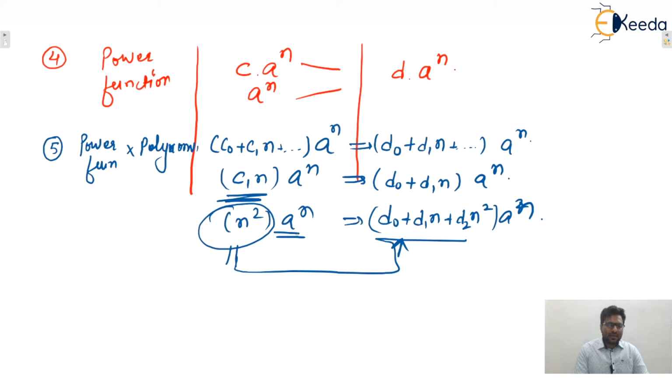So these types of functions could be in the right hand side, and accordingly we will choose the trial particular solution. I hope this is clear to everyone. So the first step was: solve it like the homogeneous LRCC and write the homogeneous solution, but don't solve for the constants at that step. The second step is: according to the form of the right hand side, choose the trial particular solution with the help of this table.